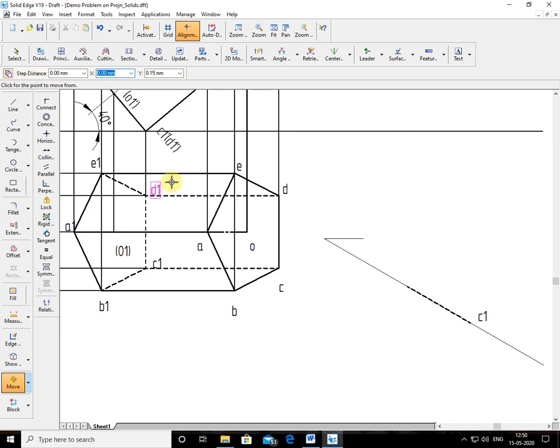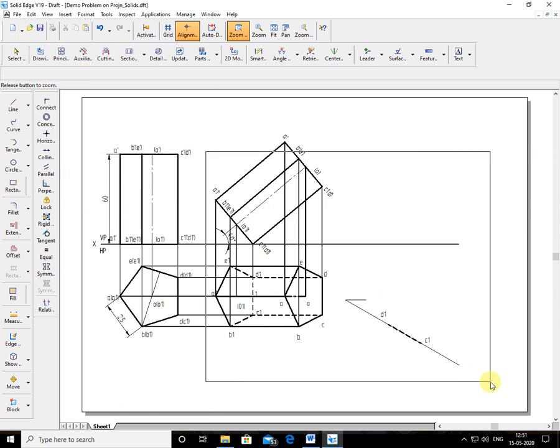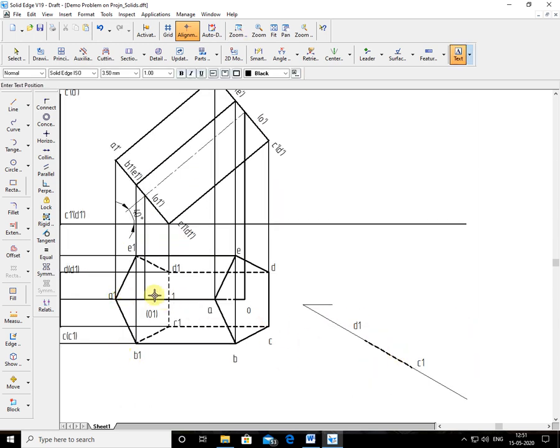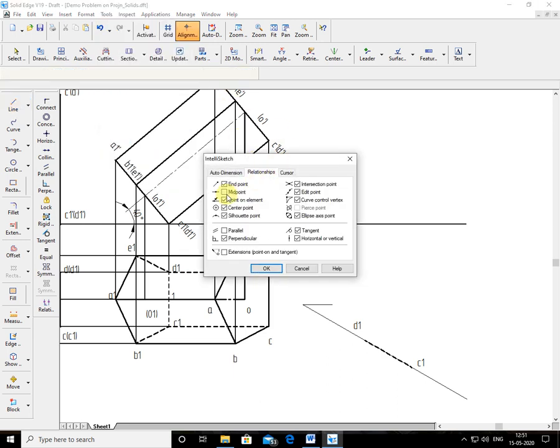How to draw a pentagon, you might have heard in the planes problems. Still, I'll show you now. Make use of this line, which I type as 1A1. You can see 1A1 with my cursor; you can zoom in here. I utilize this 1A1. Now I'll mark the 1A1 distance, because 1A1 is vertical to C1 D1. So I'll draw a vertical line from the midpoint of this line. The midpoint snap was off earlier, so I make it on. So it's a midpoint somewhere here, and I draw the vertical line.